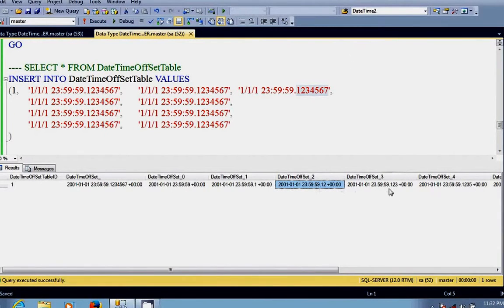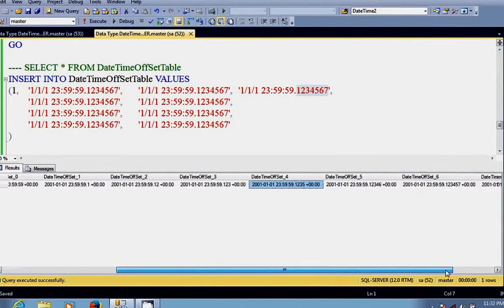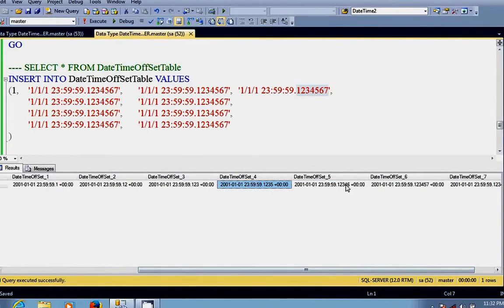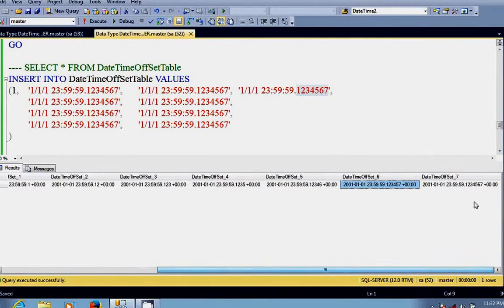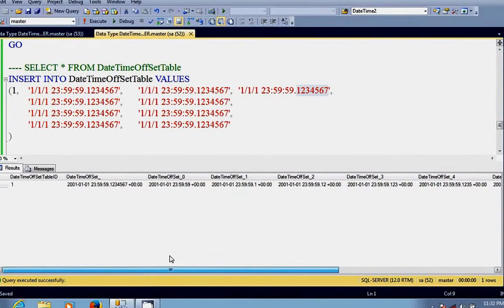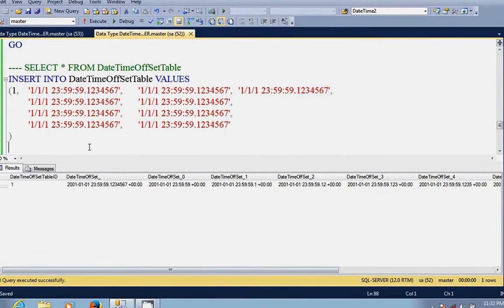And this is the same, 3 fractional seconds, 1 2 3. Here 5 fractional seconds, here 7 fractional seconds, here also 7 fractional seconds, here only 6. And this is the example.